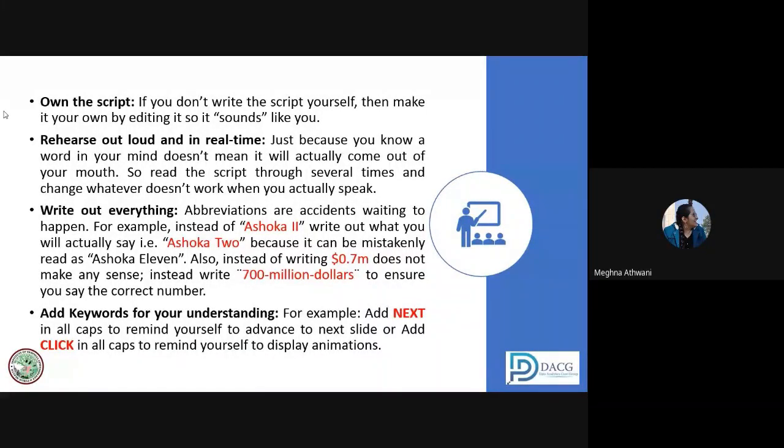For example, dollar 0.7M. You know it means $700 million. No one else does. And no one is going to read the script. So write $700 million there so that you remember how to actually pronounce it, how to actually say it. There can be one more example. Instead of writing Q16, you write exactly question 16. I hope that is clear.